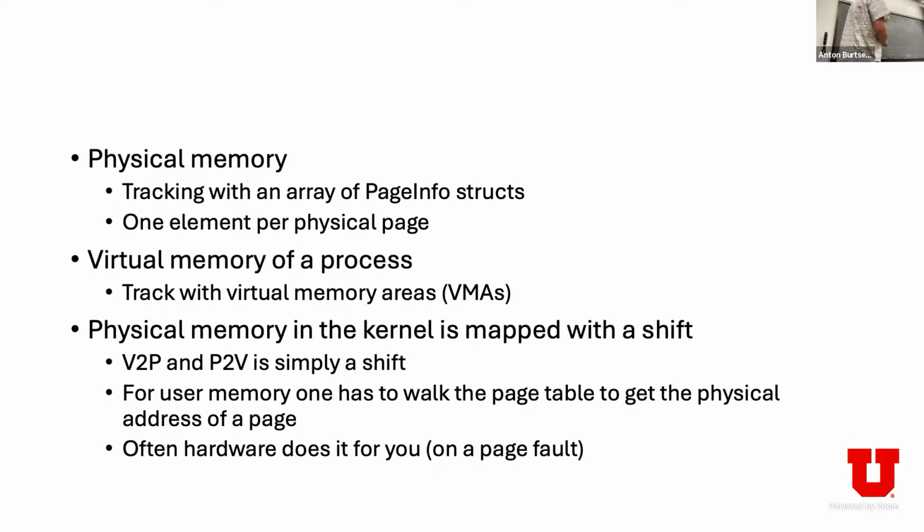And don't forget that VMAs track the address space of a process, right? And obviously memory allocators use this trick that the physical memory of a kernel is mapped with a swift. So we can come to it again, but probably you understand it reasonably well. It's kind of unrelated to this drawing, but if you have an object which you allocated from kalloc, from a kernel memory allocator, and you want to do a kfree on it, so essentially kfree of the same object,